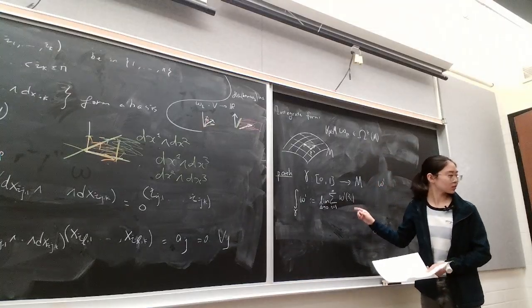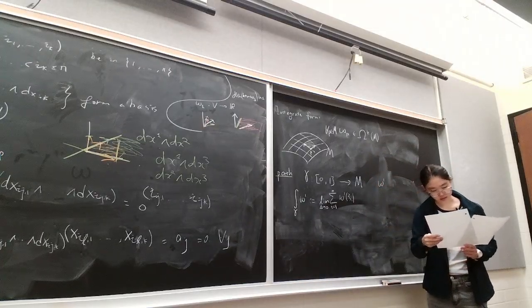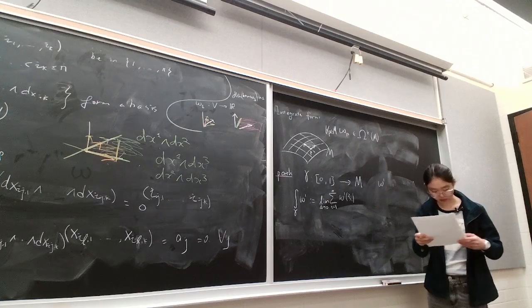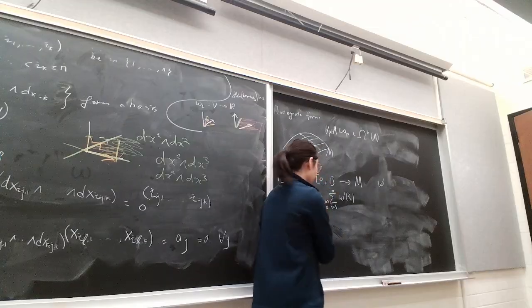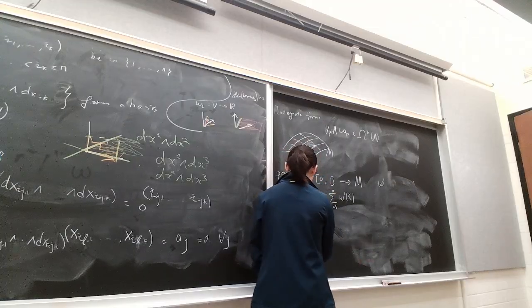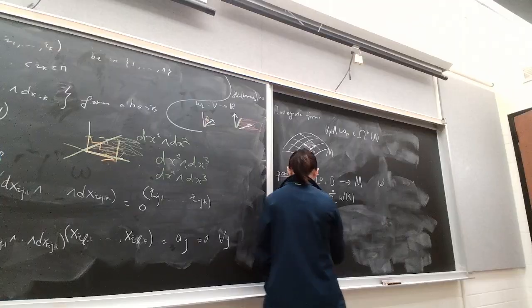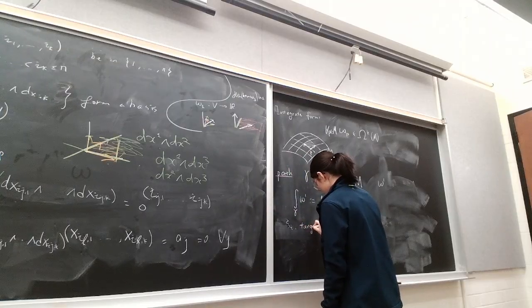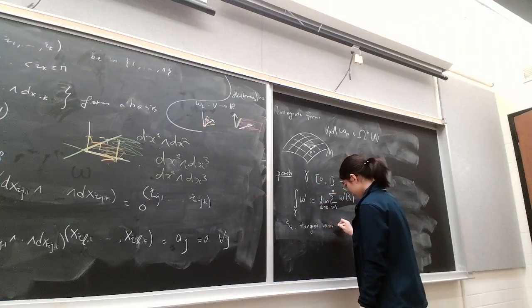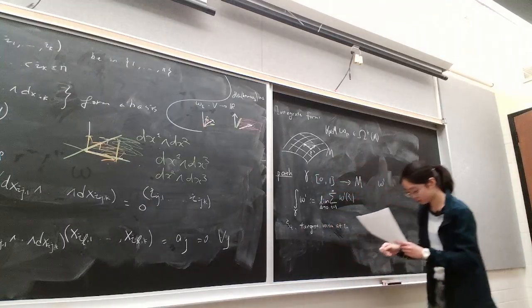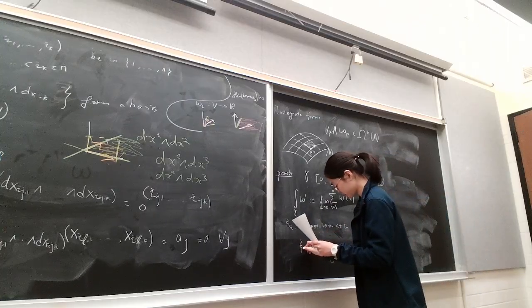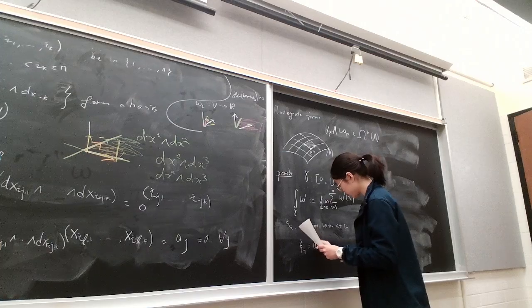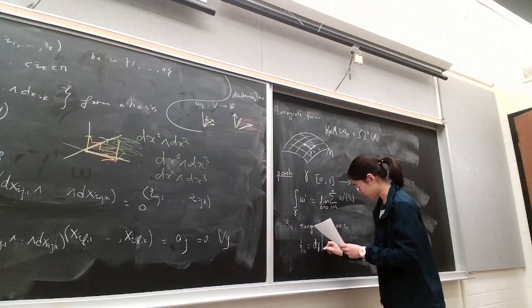Is this correct? Yes, but you have to say what the psi are. So the psi is the tangent vector at ti. And it's defined to be d gamma at